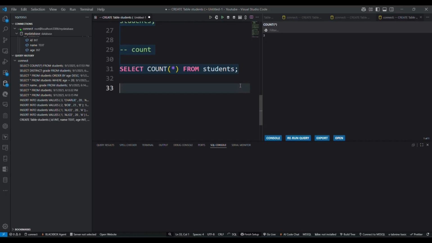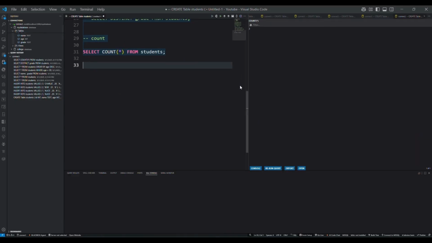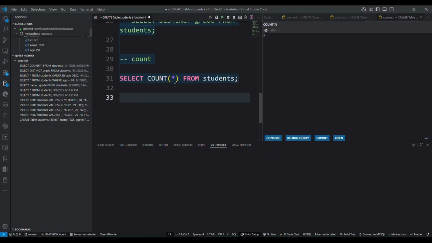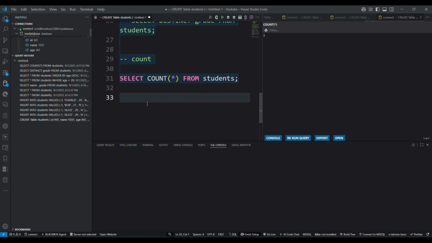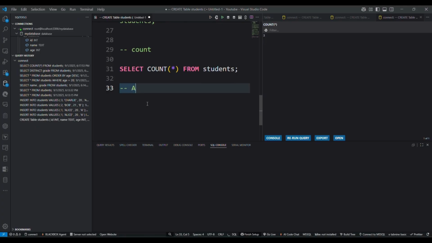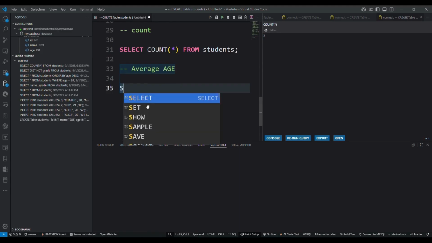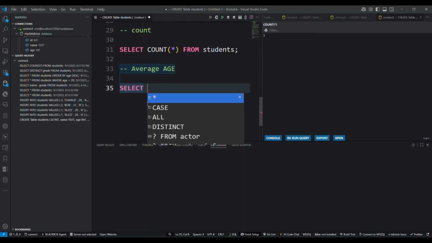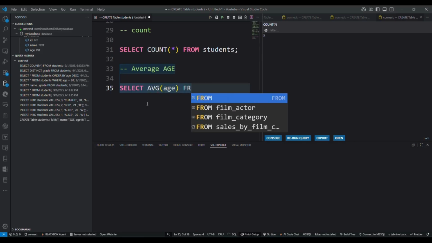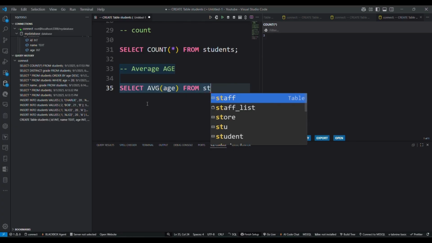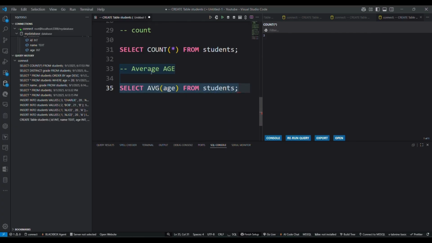Next is average age. So this calculates the average age of all the students.